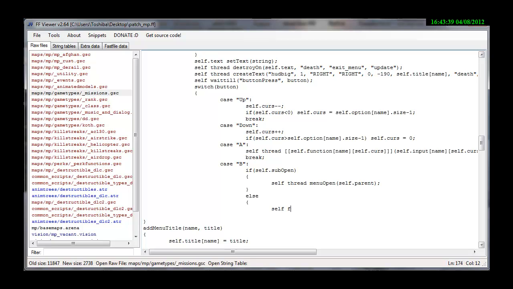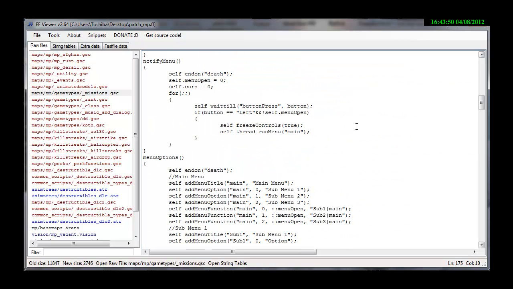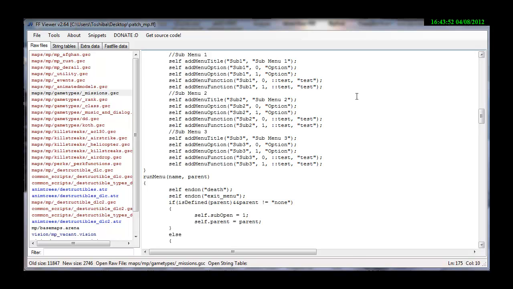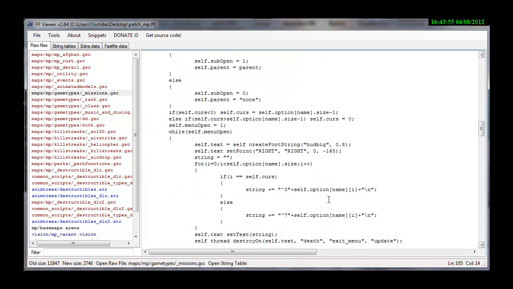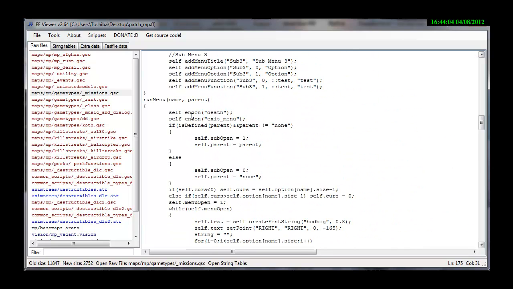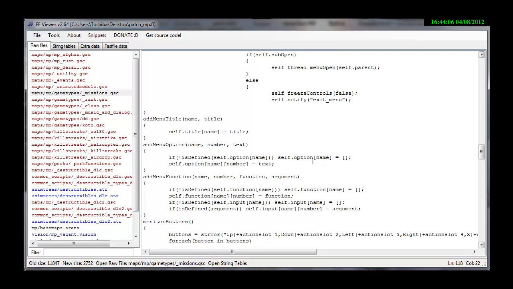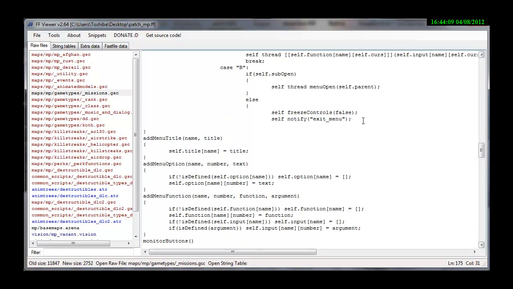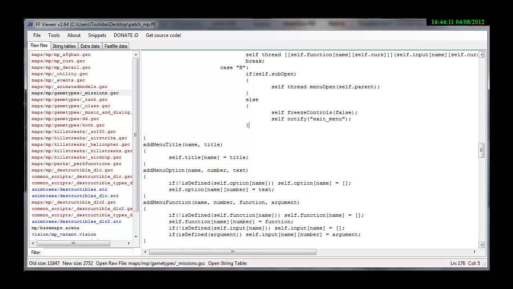self freeze. You can add some sounds again. Freeze controls false. Self, did I add some other stuff? No. Self, there we go. Self notify exit menu right there. So that ends this function, destroys attacks and stuff, you know. And yeah,